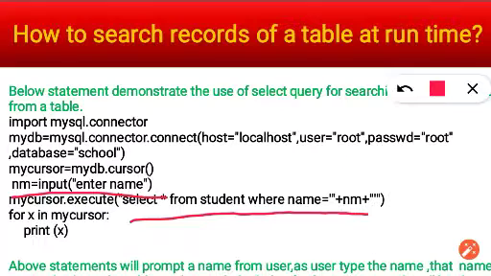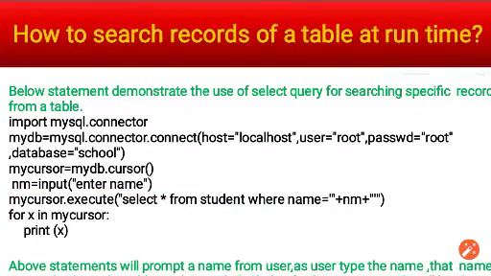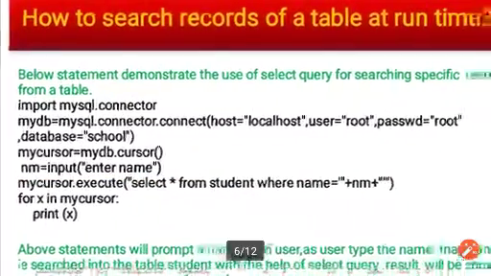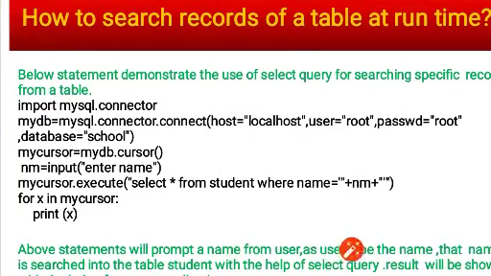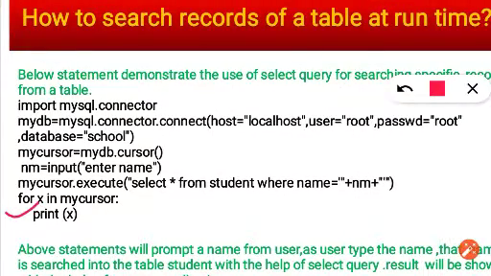So in front of name and after that nm, both the variables we have to use plus, and since it is a string, we have to again use a double quotation. Hope this is clear to you all. And in the same way, like previously, we have used this for loop, for x in mycursor: print x. With this, the whole data will be printed, whichever has been selected.